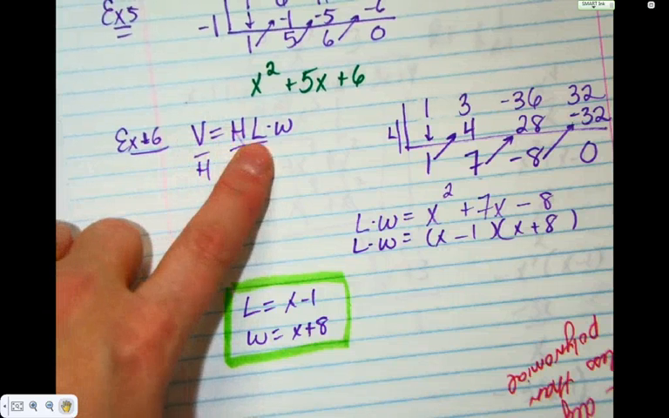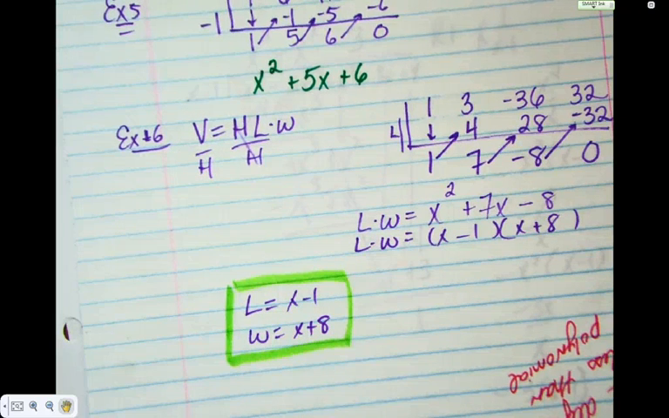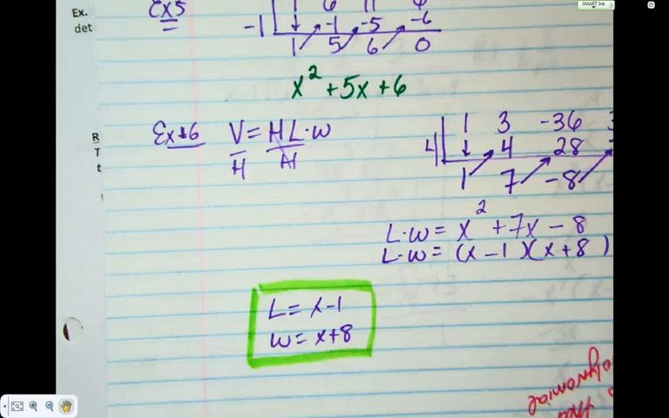This is height times length times width, just regular volume. We can't solve it because we don't know what the volume is equal to, which means we can't find x, so we don't know what x is equal to. Again, from our point